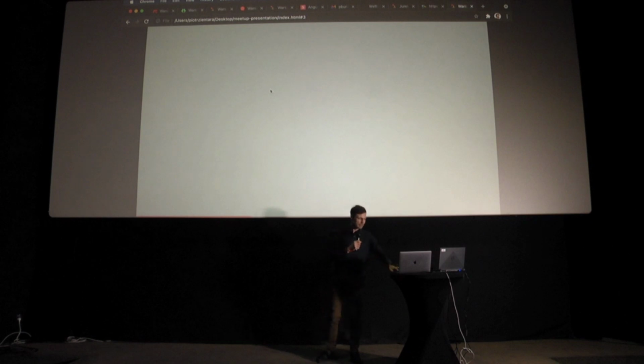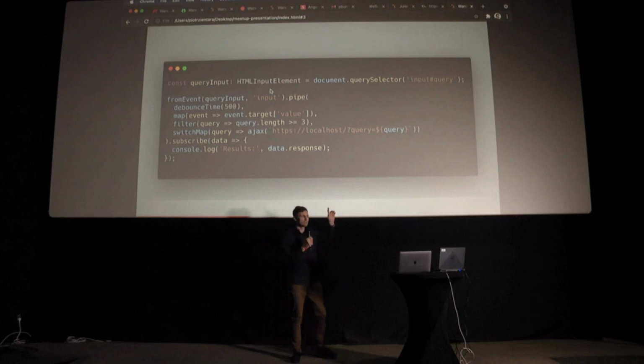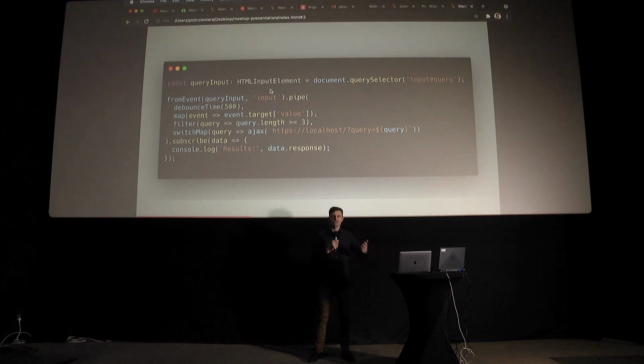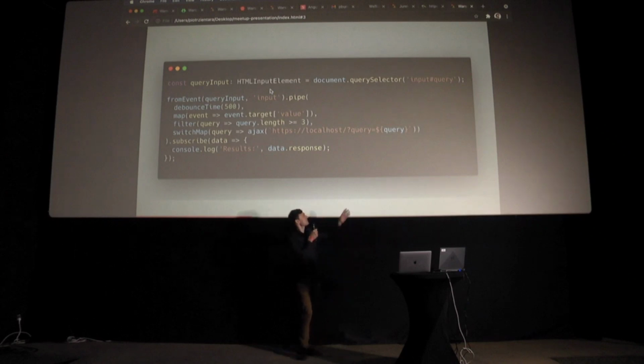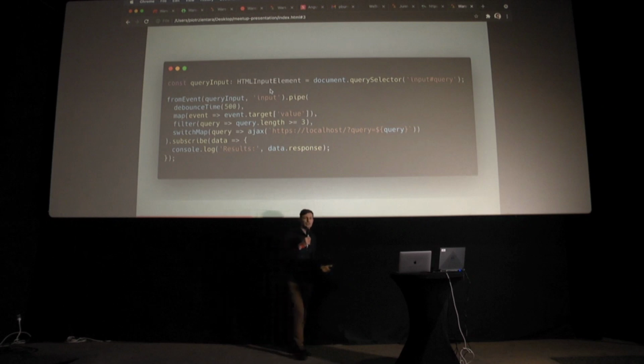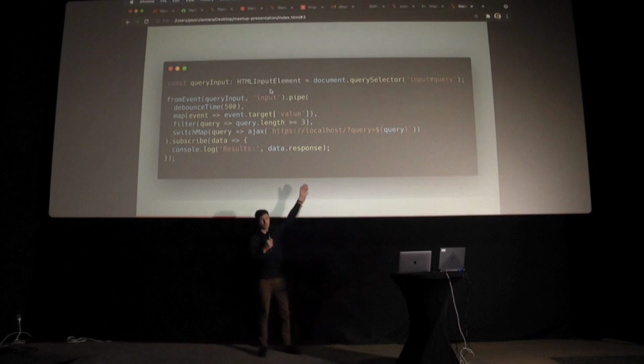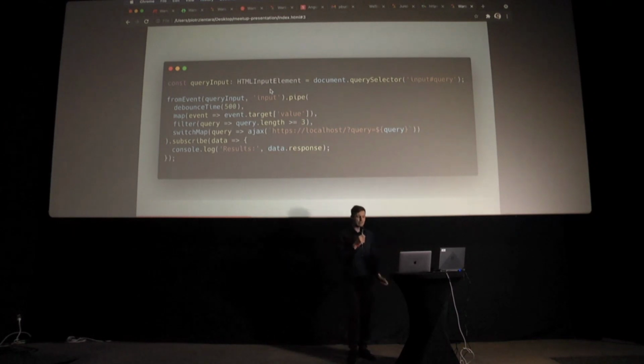simple way. For example, this code shows autocomplete suggestions. And looking from the top, it reacts to the query input changes, debounces the events, reacts only if the query is at least 3 characters long, sends HTTP request to the server with the query, and on top of that, the switch map operator at the end takes care of possible race conditions, so we will receive only the autocomplete suggestions for the latest query only. As you can see, we have a clear flow of what happens from top to bottom in just a few lines of code. This is what RxJS is capable of.